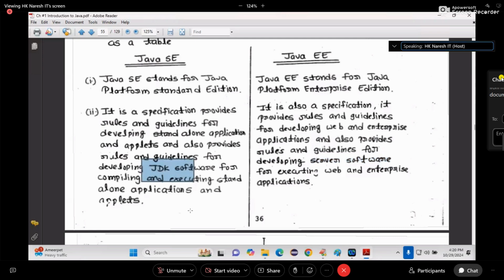Compiling is a part of syntax verification, which is part of the API and language. So Java EE applications are also compiled by our regular compiler, javac, that is, by JDK. But for running Java EE, we need some extra connections to the network.